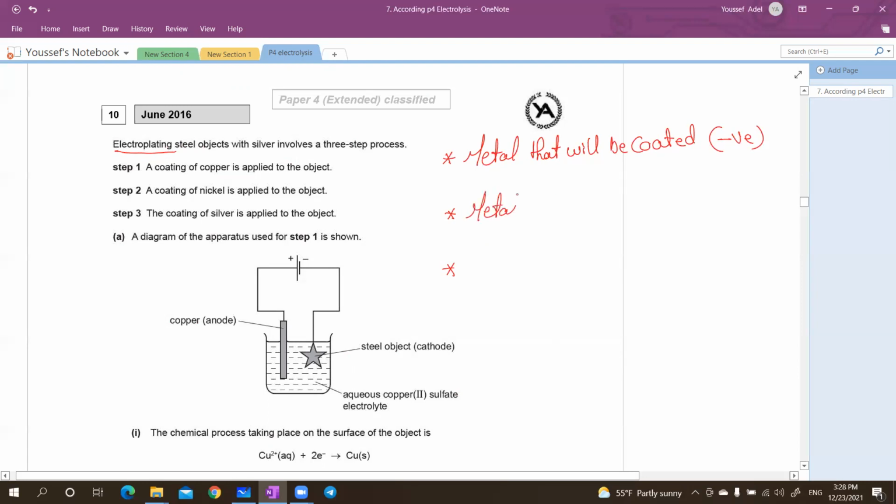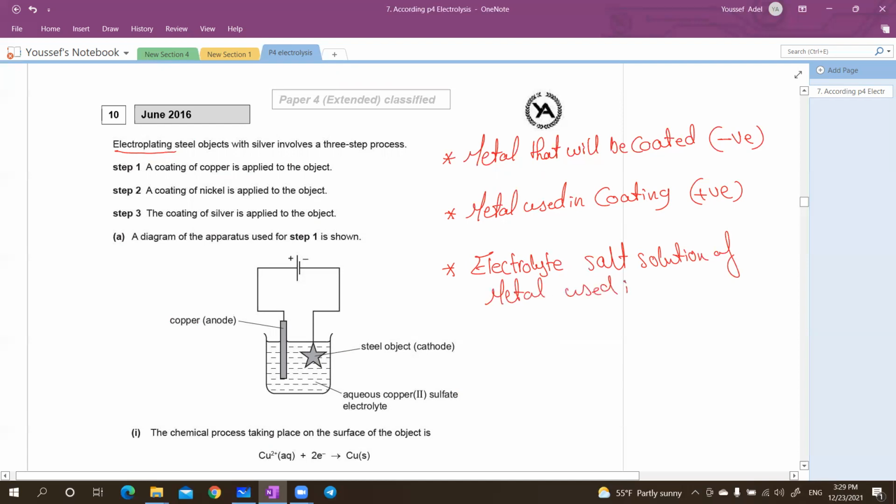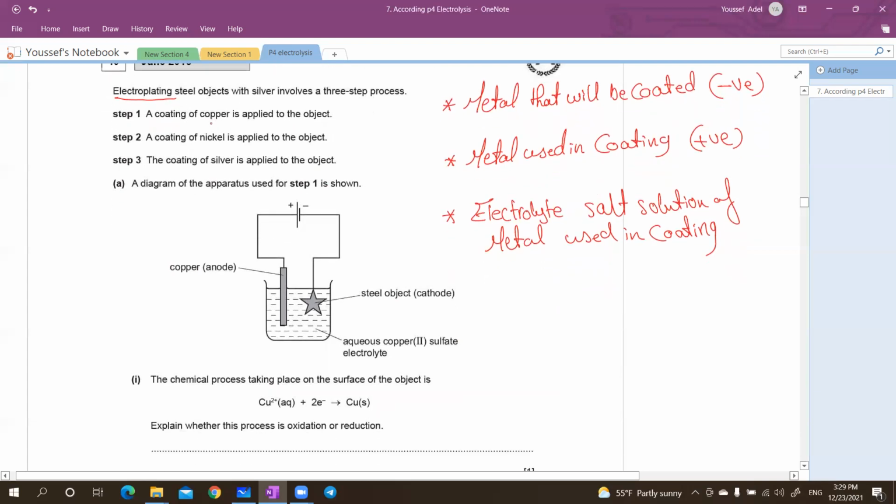And the metal used in coating, for example, if you want to coat it with copper, so we have to put a copper rod at the positive. It should be the anode. And the electrolyte should be a salt solution of the metal used in coating. For example, if you want to coat the metal with copper, the electrolyte must be copper sulfate or copper nitrate solution. So there are three steps: coating of copper applied to the object, coating of nickel, and then coating